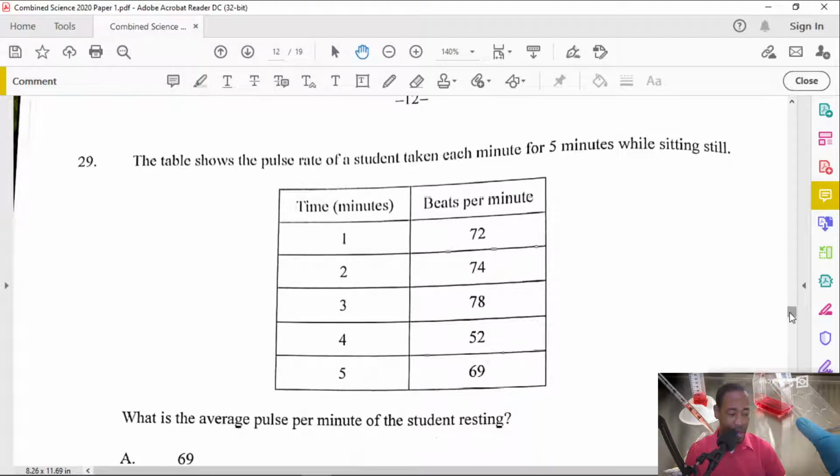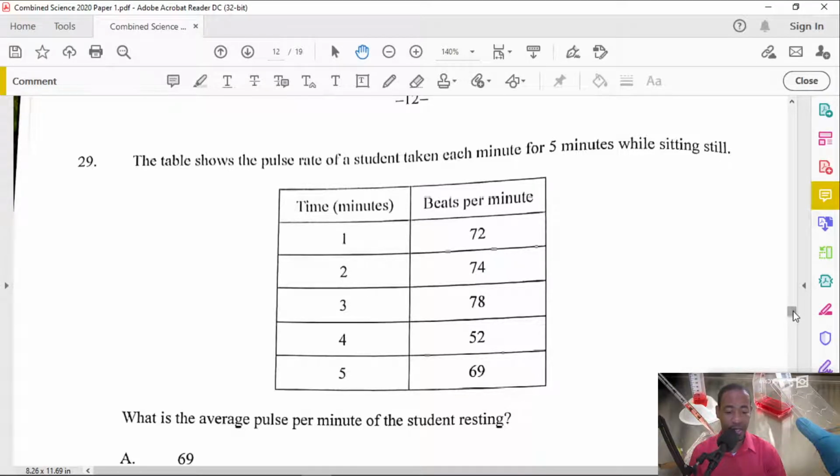And question number 29 now reads that the table shows the pulse rate of a student taken each minute for 5 minutes while sitting still. And so we have our time here up to 5 minutes, and these are the beats. Now, question number 29 is asking us, what is the average pulse per minute of the